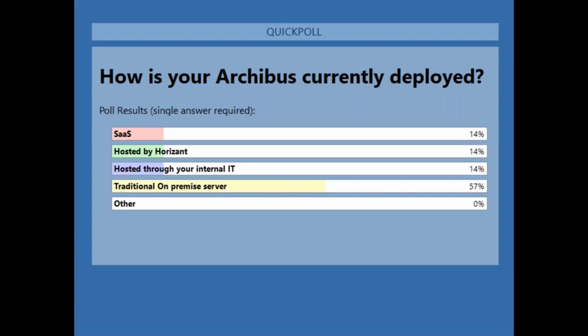Each of these environments, decisions were made to get to them based mainly on time frame and money. The on-premise solution, like I say, has been around since 1998 at least. So the only solution at that point was on-premise, and because we're on-premise, we've just continued to stay that way.